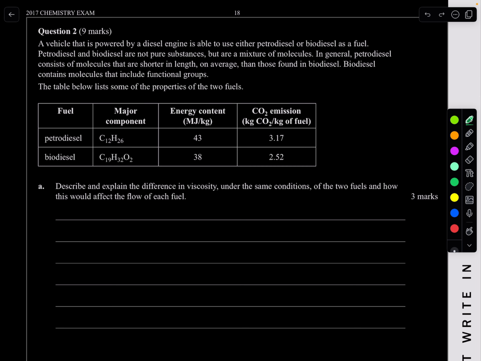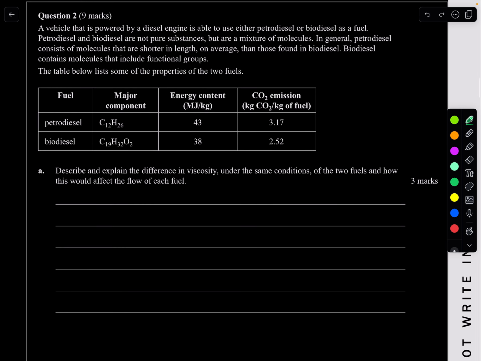So let's now describe the differences. I think I talked a lot, but that's what you want. Describe and explain the differences of viscosity under the same conditions of the two fuels and how this would affect the flow of each fuel. Easy. All right, so what we're going to actually say is,